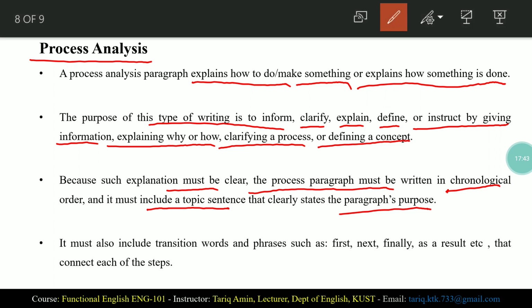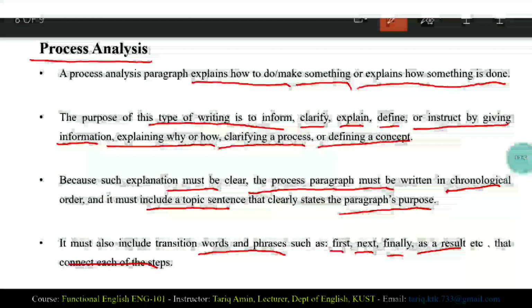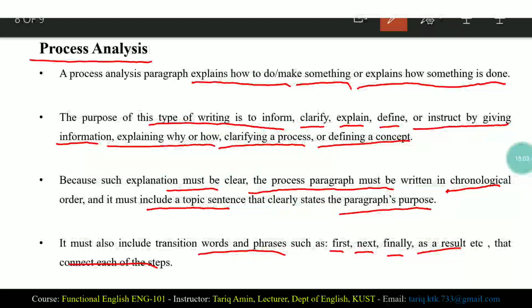It must include transition words or phrases, such as first, next, finally, as a result, that connect each of the steps. An example of a process analysis paragraph can be, for example, you cook biryani. Yes, you cook biryani, and there is a process for cooking biryani, and you explain how to cook biryani to your friend. You say that first of all